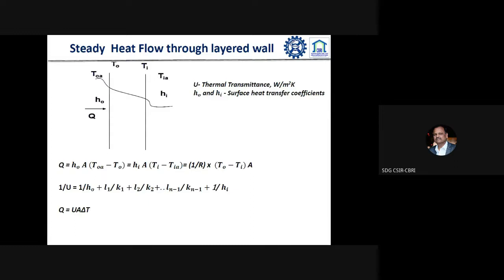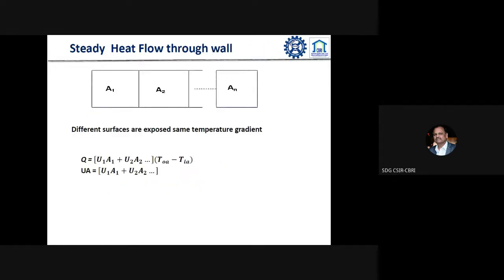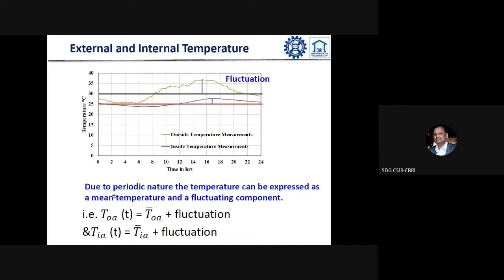With this, we can take that information and find out the heat gain, or the thermal transmittance value. This is because a wall is a combination of different areas. If one particular area is of a different nature and another is of a different nature, then with this we can find out.